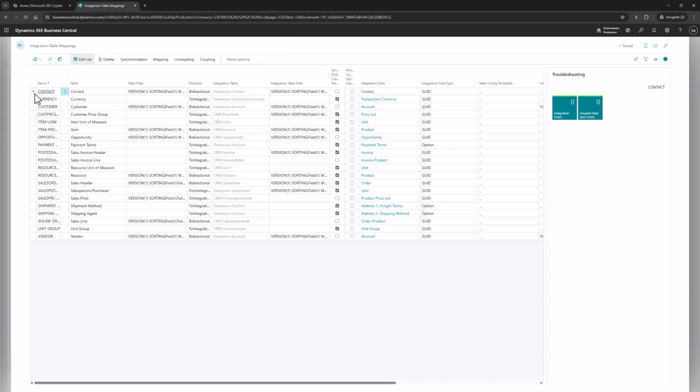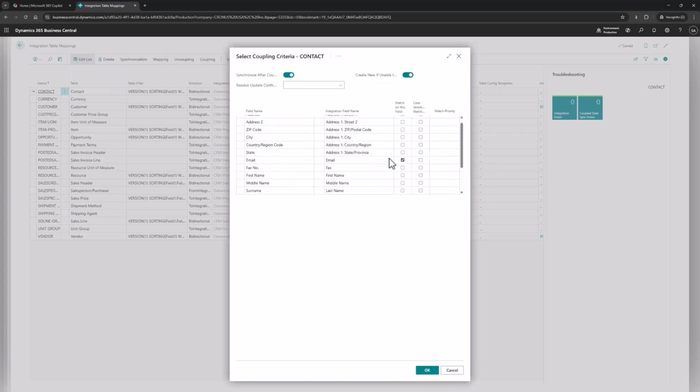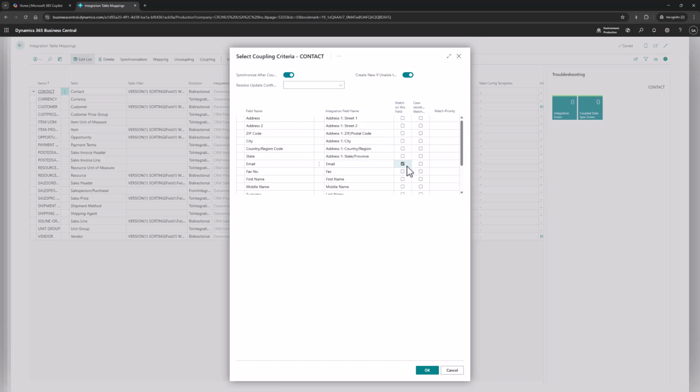For example, we will go to the contacts, and it is going to be already preset, but this is the same logic for every single one of the tables, so I suggest you go to every table and check the coupling. So select the contacts, go to coupling, select match based coupling, select yes, and from here you can select on which field you want to couple these records.